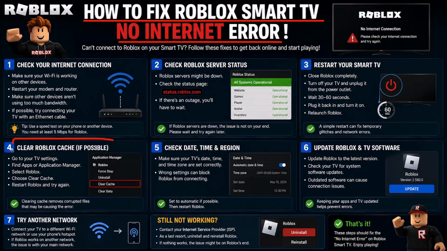If none of it works, you might have to go ahead and head into your TV settings and then go to clear cache on application manager. Also check date and time and region. Make sure that it is set to automatic date and time, which is going to be a problem if you've not done it. Finally, if there is any update for your application, you might be facing this